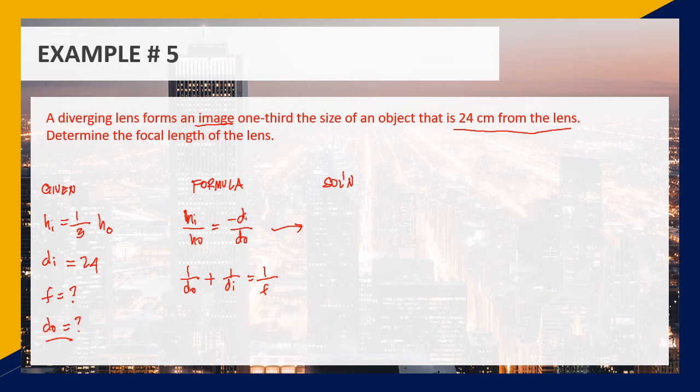So 1/3 height of object all over height of object is equal to negative distance of image, 24, all over DO. So the height of the object cancels. We get the distance of the object, which is equal to